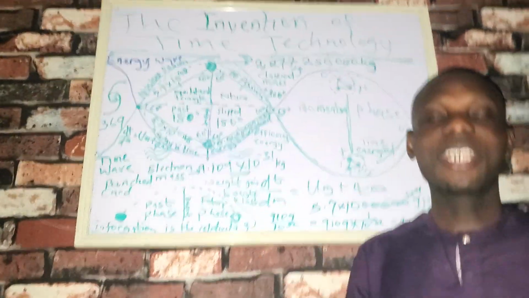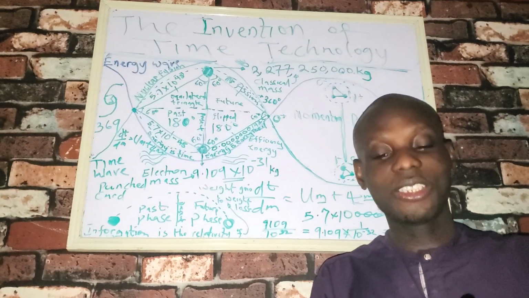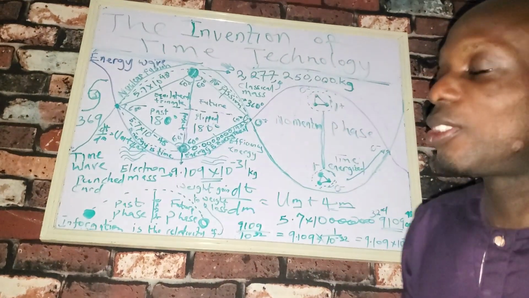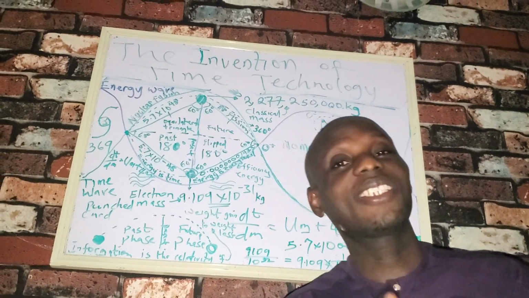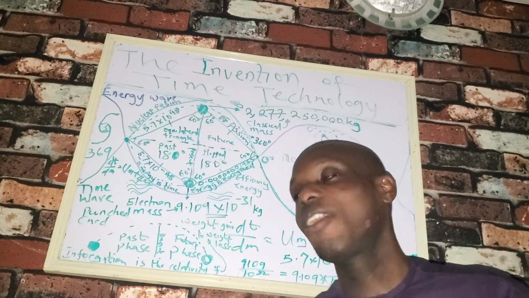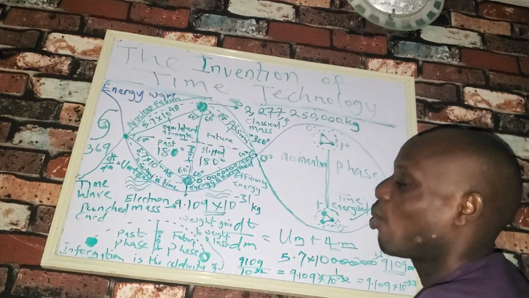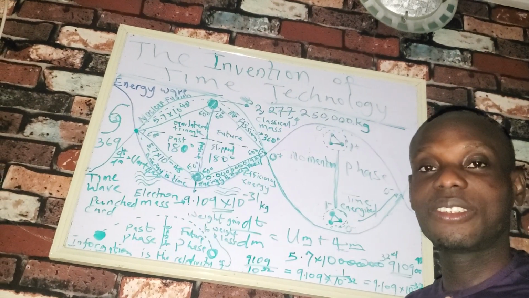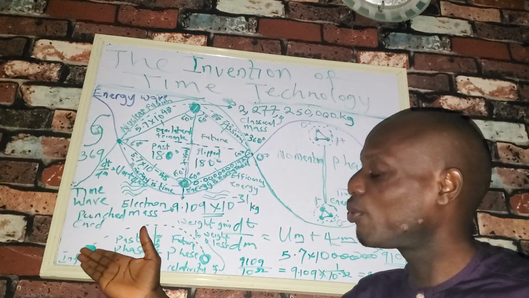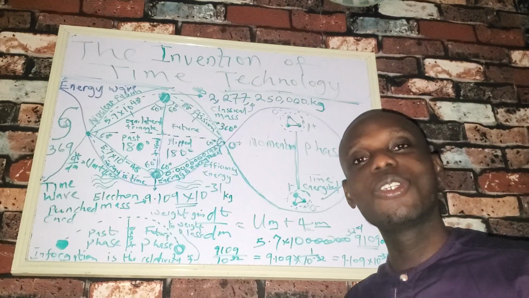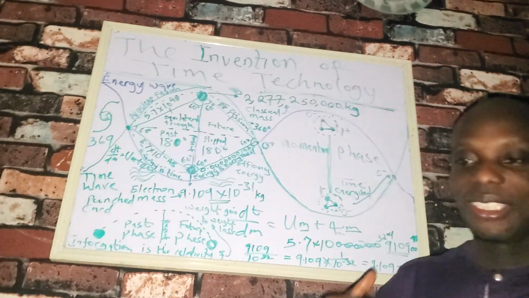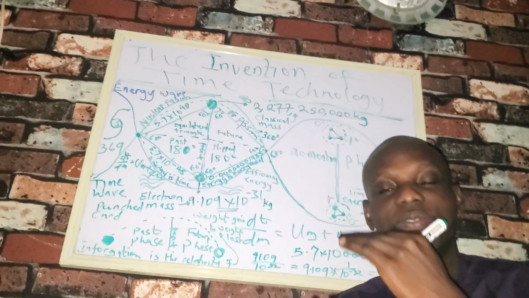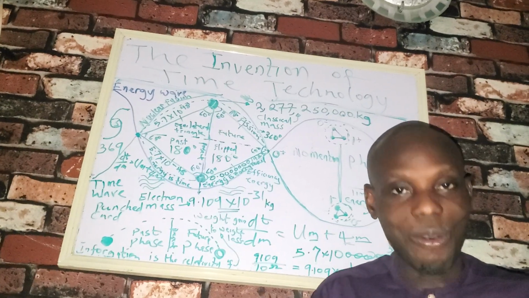So time technology can use a combination of digital signal and analog signal, but it will use more analog signal than digital signal. Now, what do I mean by that? For instance, we know that every action that takes place in the universe moves from the past to the future. And even we ourselves can see the intricacy, or the inherent nature, of the past and the future in our now, which is our current being.